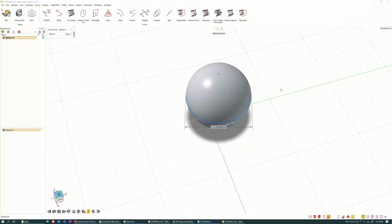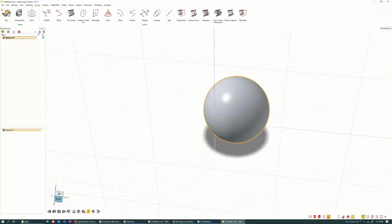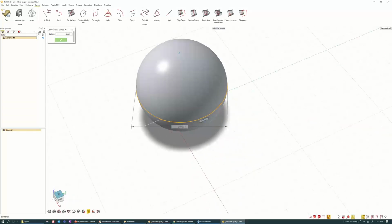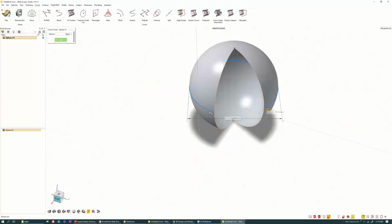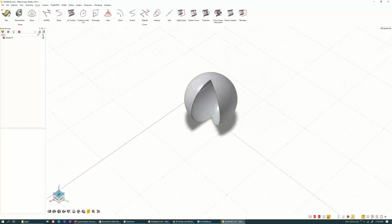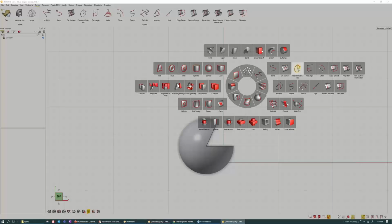Okay, now she's out. So here I have this sphere, and any object that has options to change in the view will have these kinds of blue highlights. So here I have start and end angle, wherein I can edit it using a precise value or just do it visually. Even after you create this, let's say you do another operation on this, and I'm going to trim this